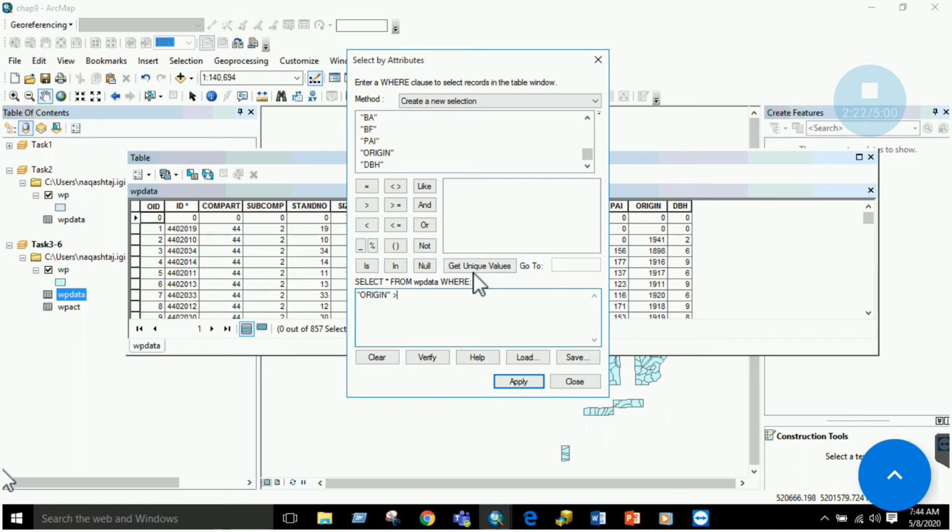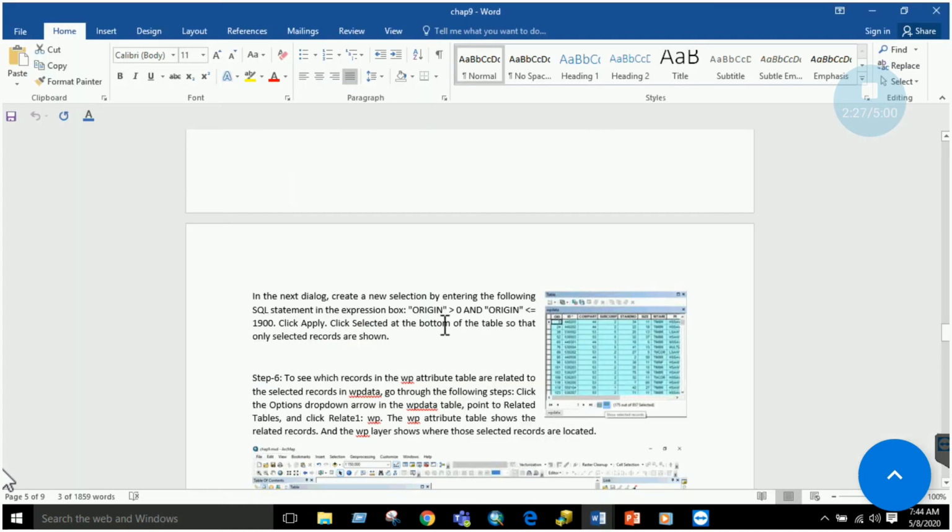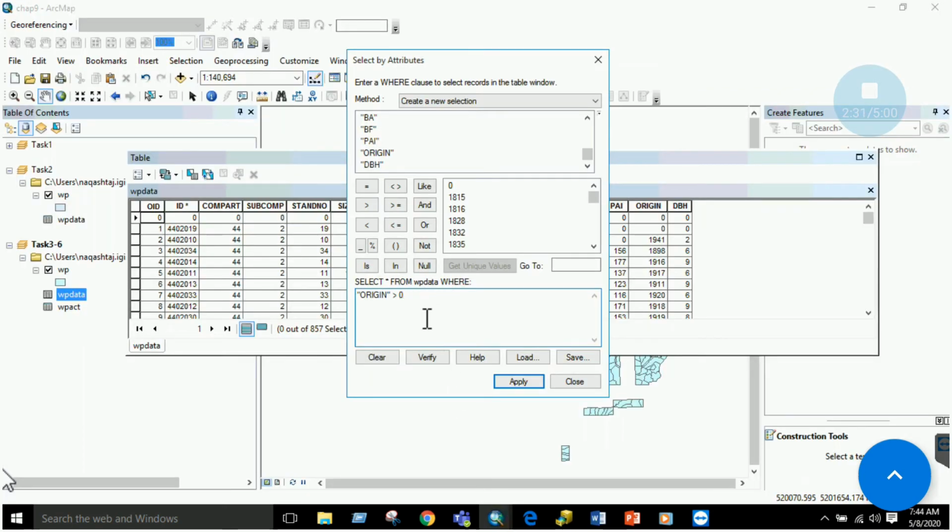And the second thing, it asks you: and origin is less than 1900. Here we have and origin is less than 1900, right? So click apply.